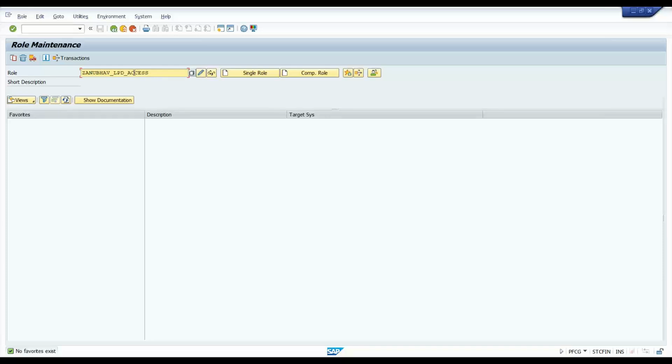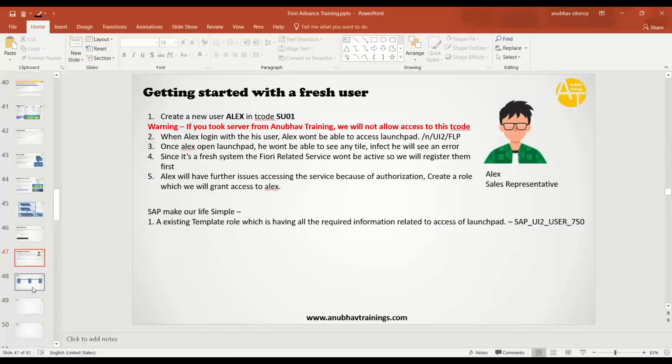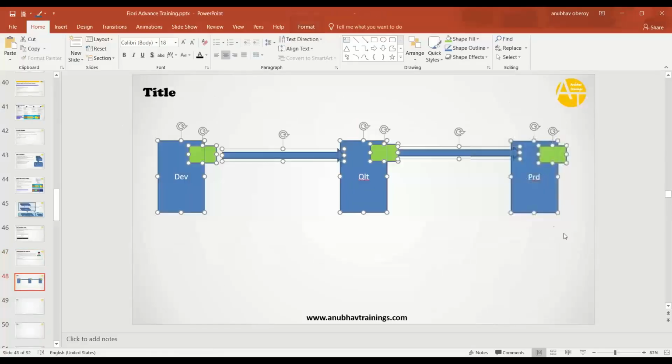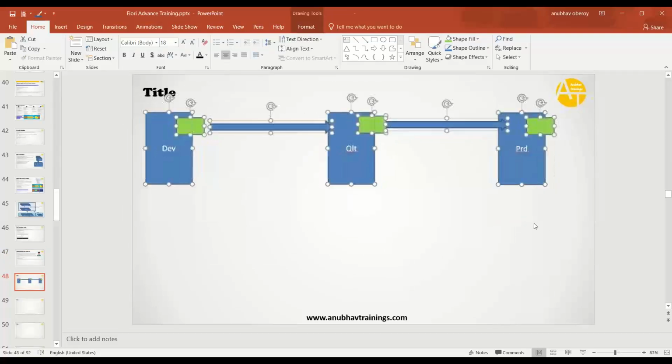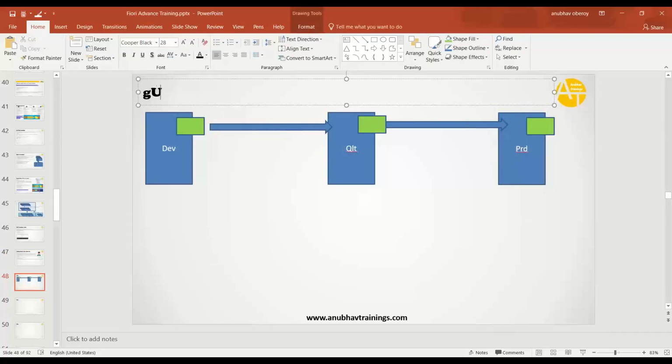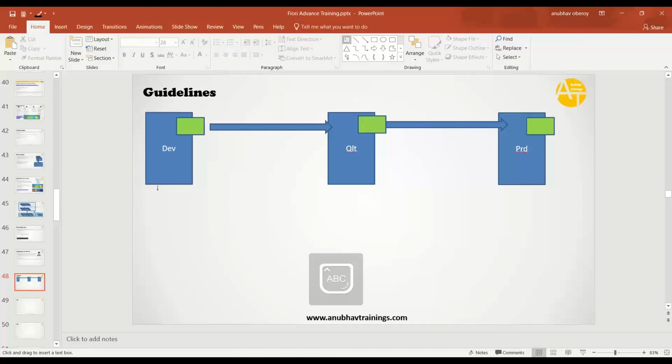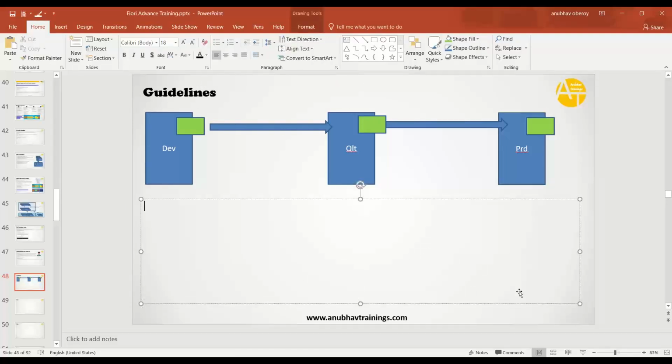Now, is this how we should give role names? Is this the best practice? No, we should never do this. This is a dirty way of building roles. Every company has certain guidelines to create roles. You have to follow the naming convention. So my duty in this training is not just to teach you, but also to teach you the guidelines. So the very first and important guideline, guys, to build a role: follow the naming convention